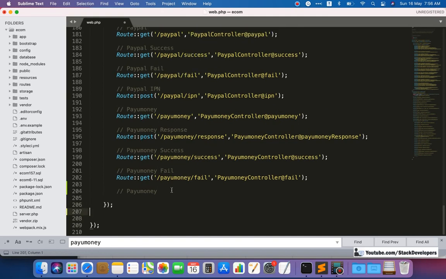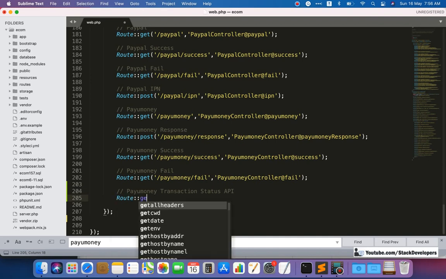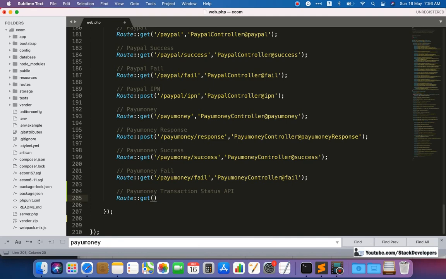Okay, so PayUmoney transaction status API. First we are going to do it for a single order, to check for the single order, route GET API.